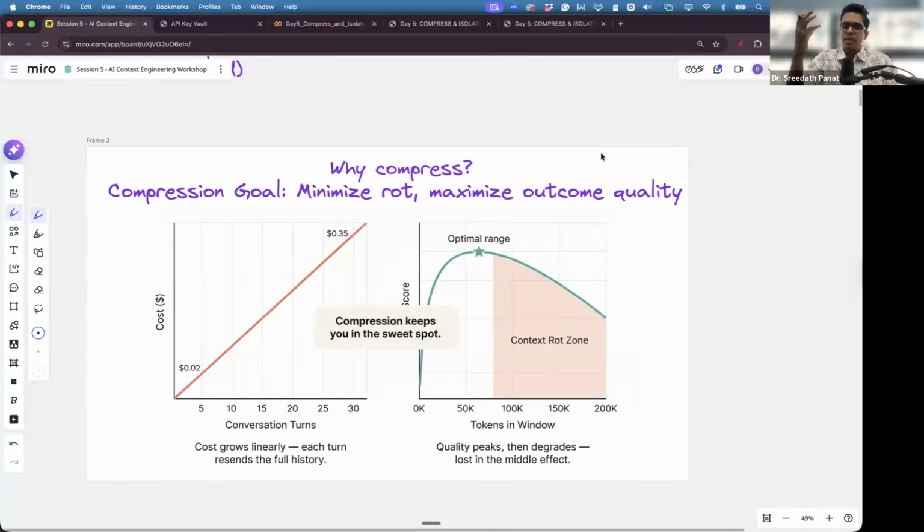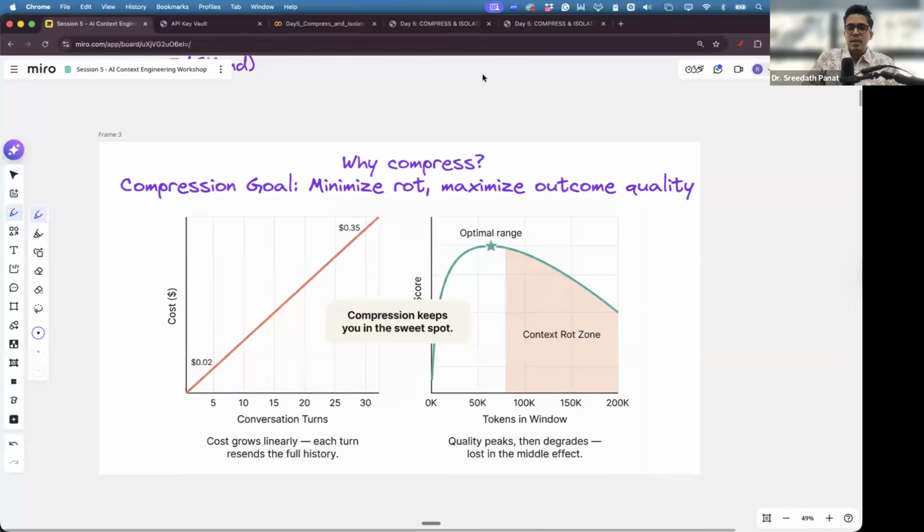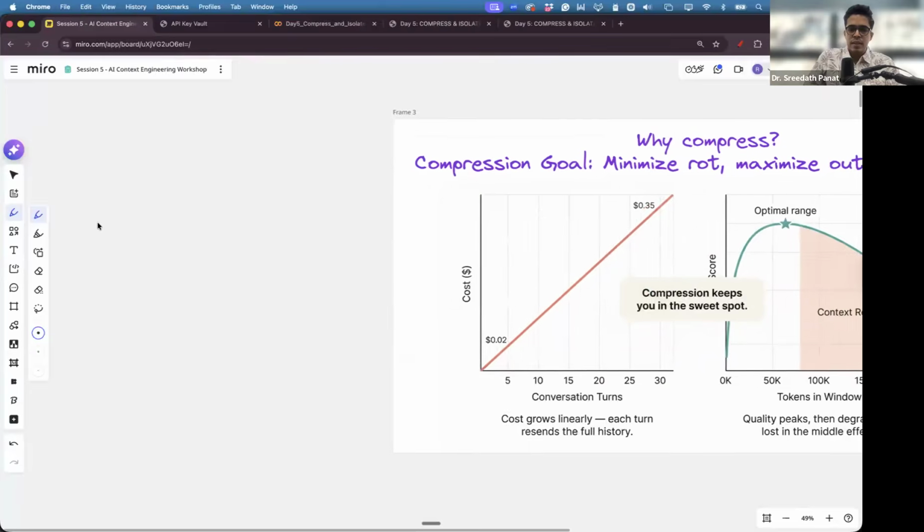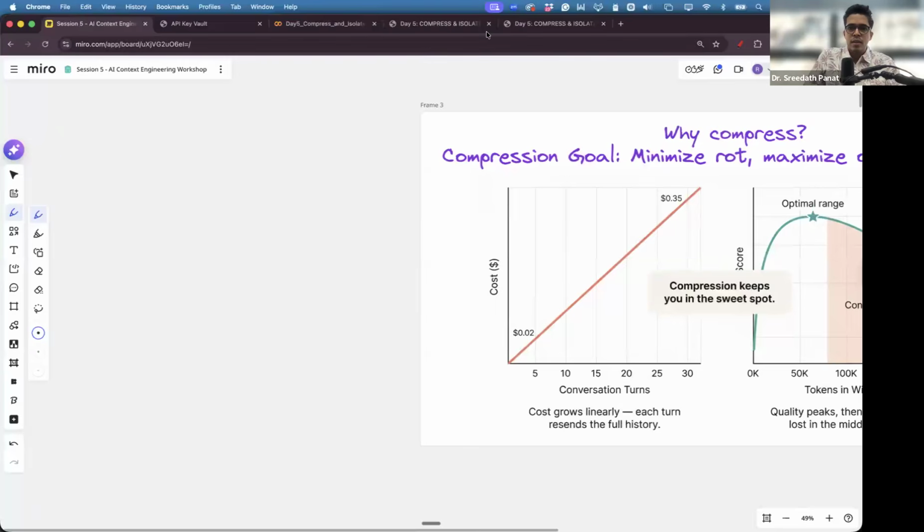What I was saying was the reason why you want to compress the context is because you need to reduce the number of tokens that are going into each LLM API call. So let's say I have a question. This we will discuss in detail after a little bit. But basically, say we have one agent, and